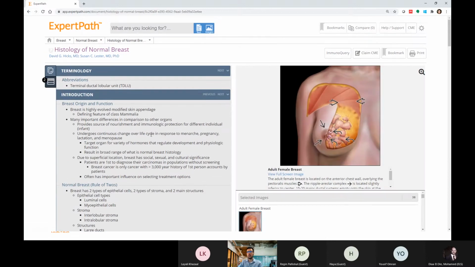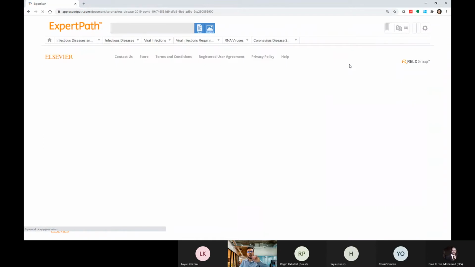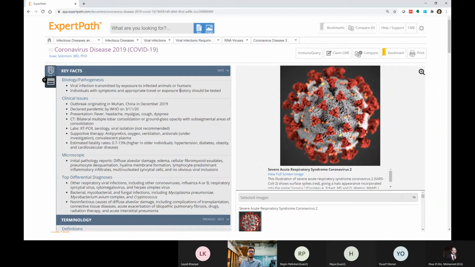We can see it in a way. Okay. If I like this information, I can bookmark it. As I mentioned, I can just click here on this button. And at any time where I'm using the platform, I can access my bookmarks here, which takes me, for instance, to review the coronavirus, the COVID-19. If I want to go directly to that topic because it's a favorite, it's a bookmark, I can just click it. As you can see, we already have plenty of information about COVID,